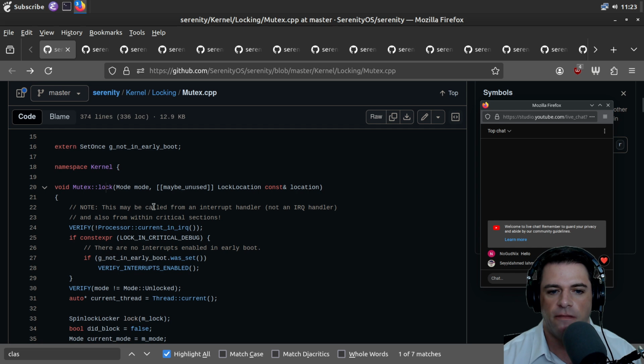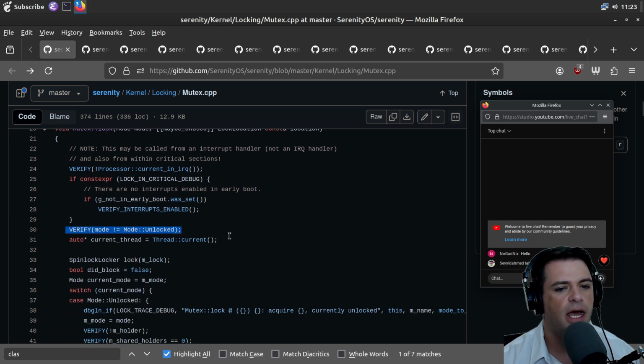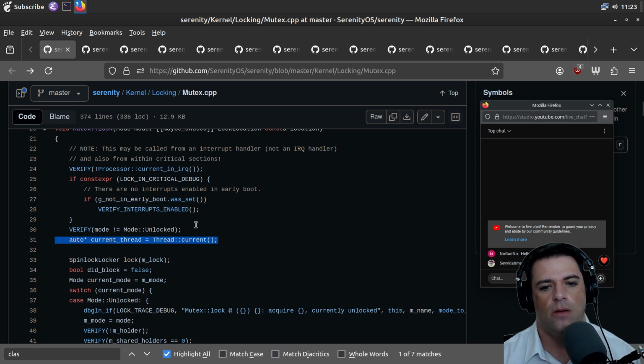So we verify, I guess, that we're not in IRQ. And then we are checking if we're in critical debug. And we're checking that the mode is not unlocked mode. And then assuming all of those checks pass, then we will get the current thread and a spin locker.